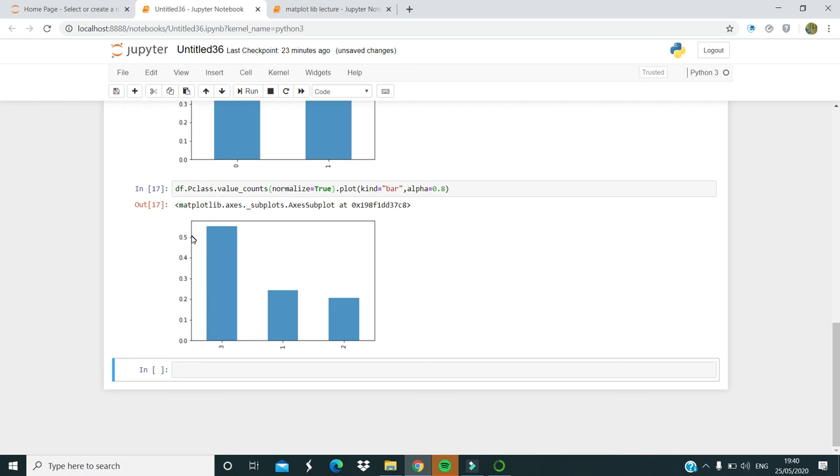First class is approximately close to 25%, and second class is 20%. So to get the percentile point of view, we have to use one more parameter called normalize equal to true inside the value counts. So that's it for this video.